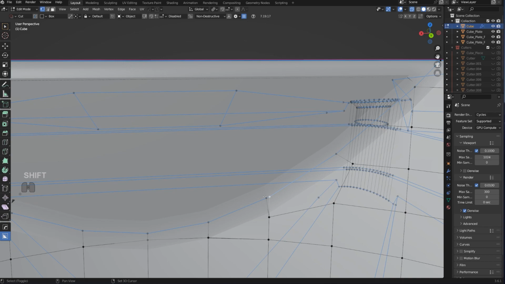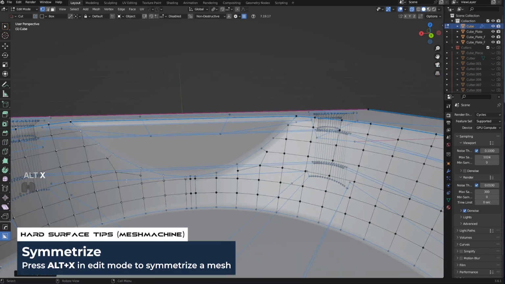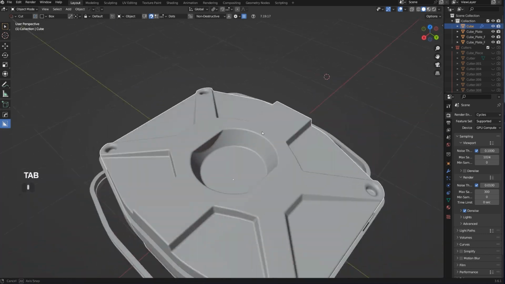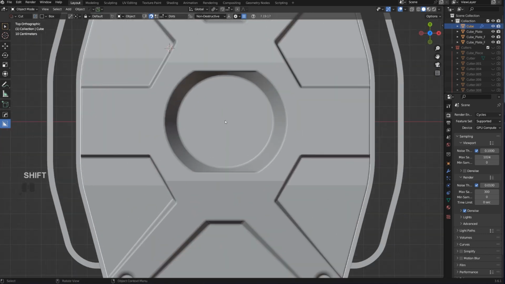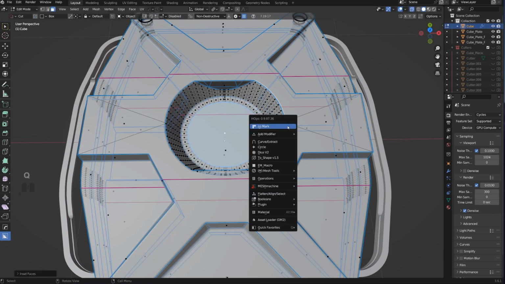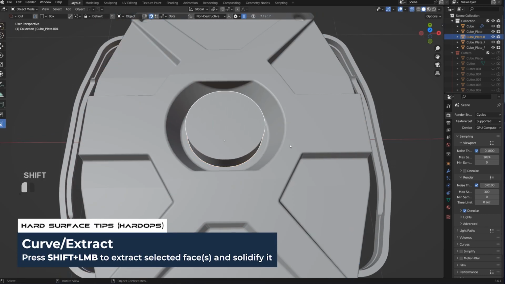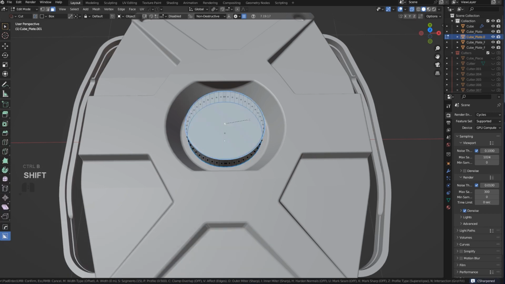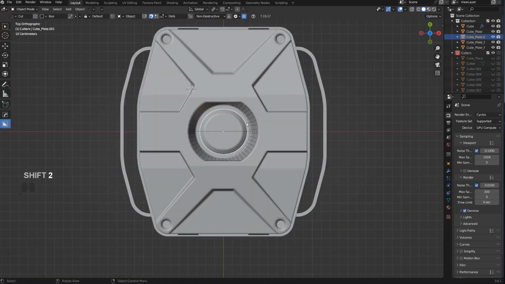GG, move it down here, boom, boom. Connect it, Alt X, you know, Alt X, and you're done, right? And that looks pretty cool. And we could have some kind of a, you know, other element here in the bottom. I don't know, you know, curve extract, right? Some kind of an element like this,